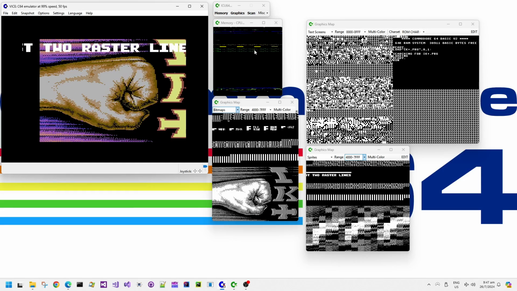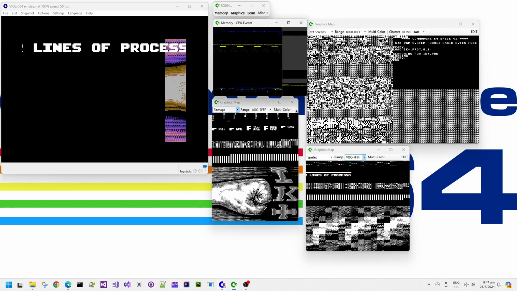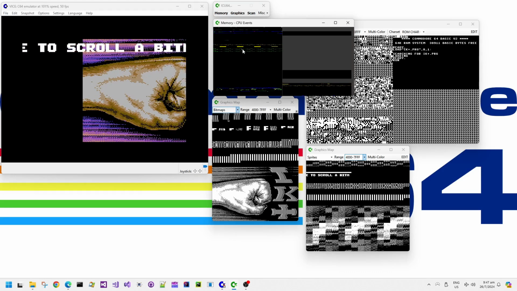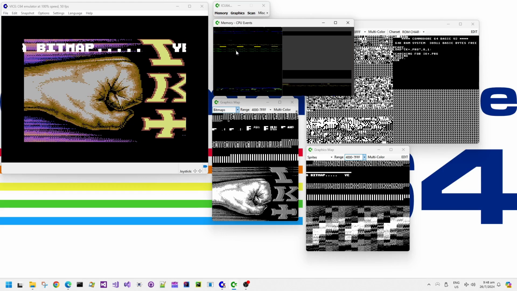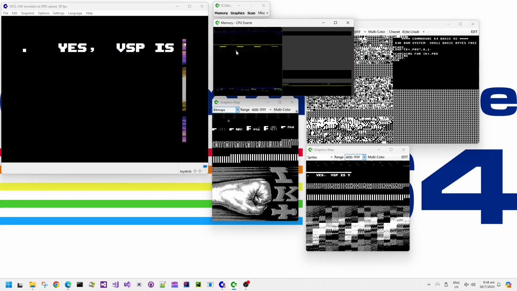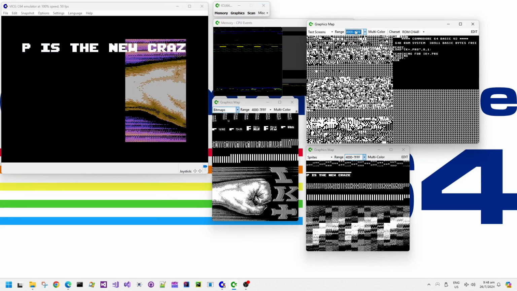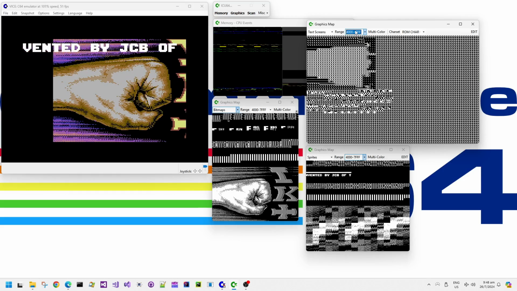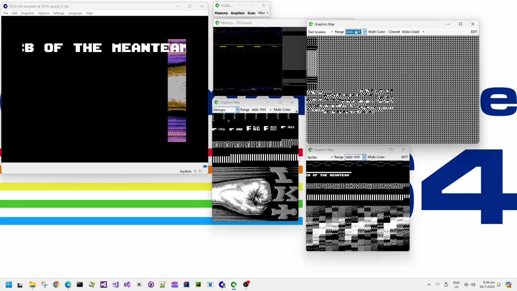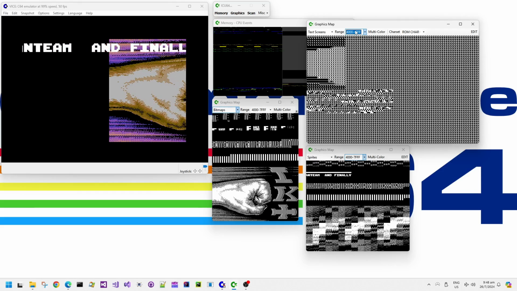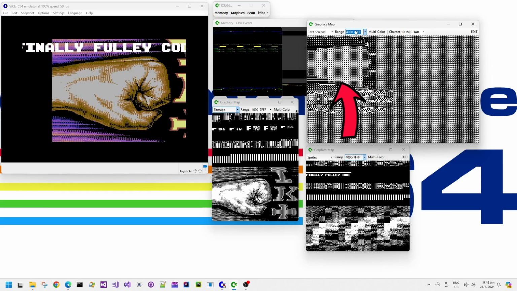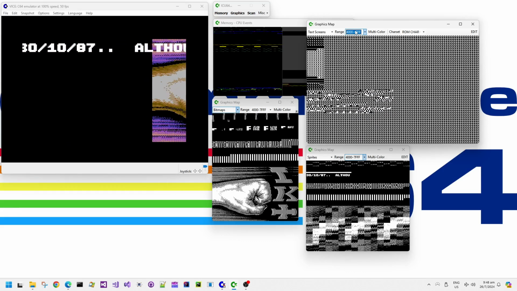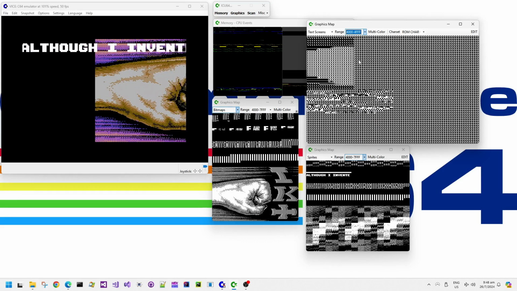Now there are some reads and writes going on here. So we have some writes going into the color RAM, we have some writes going into the screen memory, which in bitmap mode is used for extra color data. And we can see that if we look at one of the screens, which is actually used as color memory for the bitmap, we can see that it's initially being cleared with black, and then the fist shape progressively comes